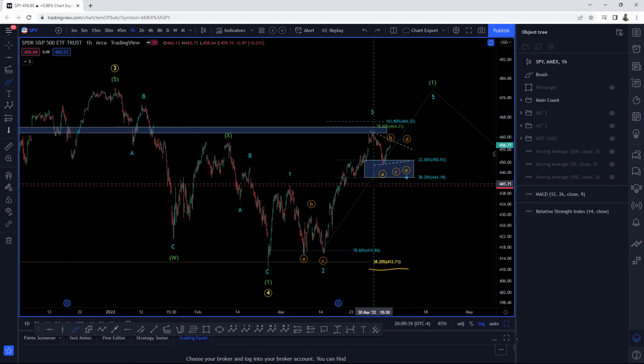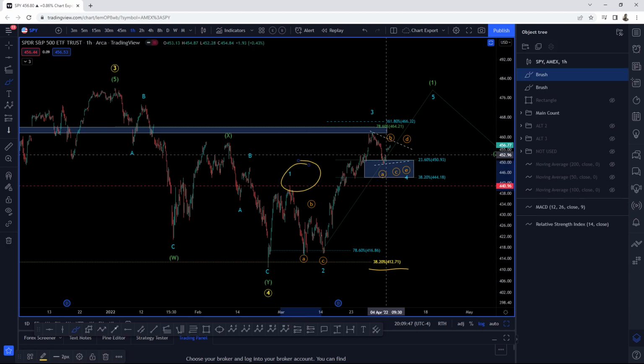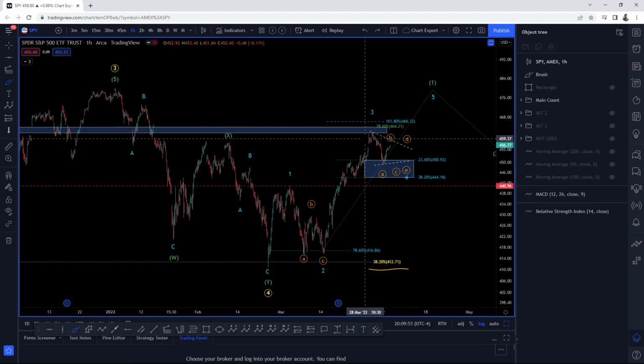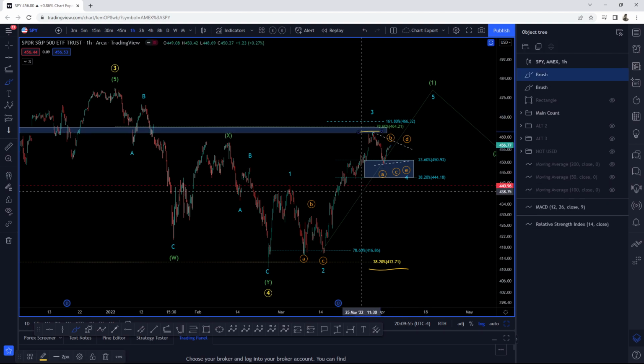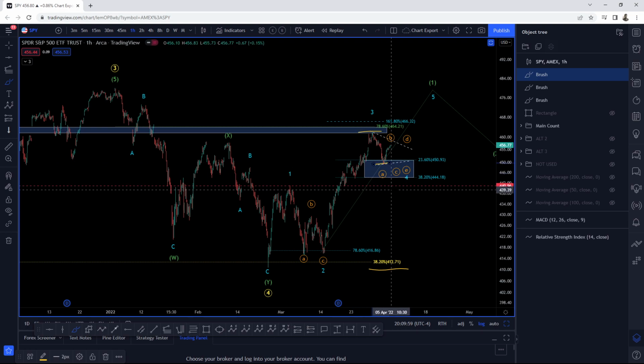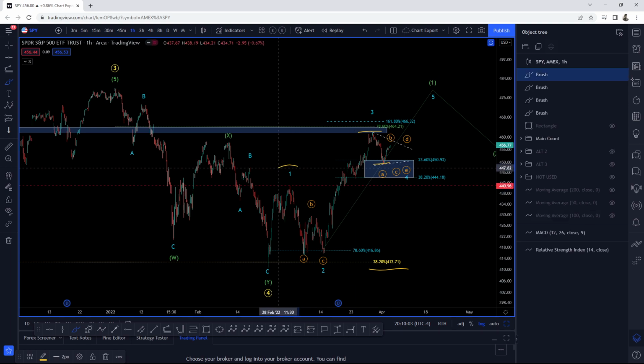If this is the structure and this is the pattern, when this plays out, we must remain north of the wave 1 high in this consolidation, and then we go. So this will be valid once we break above this high here, and it will be invalidated once we break the low of wave A. And then last but not least, it will be thrown out to the garbage if we break this high. Okay, so keep that in mind.